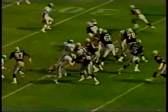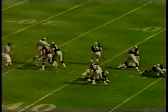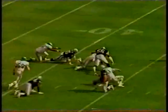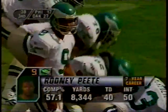Well, this one just looked like it popped out of his hands. You get the blocking, he steps up inside. Nice job by Gogan. And then it just squirts right out of there. It's the old watermelon seed. So Rodney Peete was in with Detroit and Dallas. That's his numbers over a 7-year